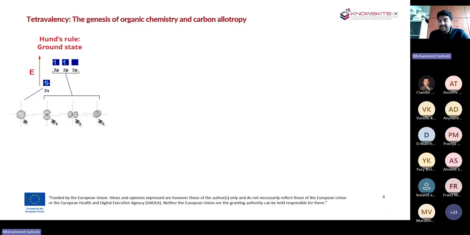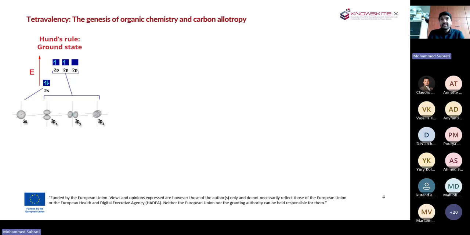But this is the ground state for a single carbon atom that is theoretically existing in an infinite vacuum, not surrounded by any other atom. This electronic configuration, for example, does not explain why methane exists, with one carbon atom attached to 4 hydrogen atoms. Based upon this configuration, it would only bond with 2 hydrogen atoms.